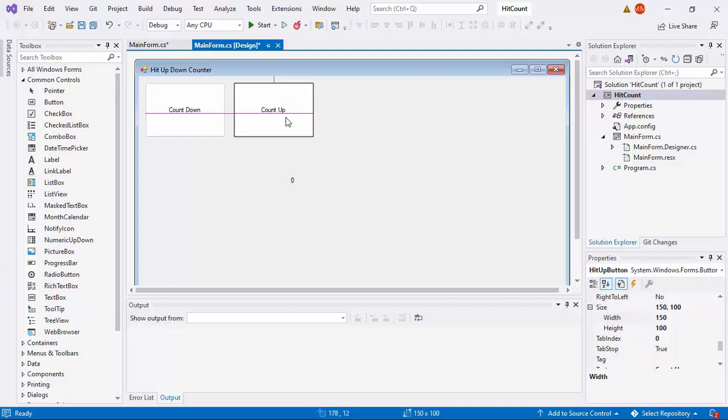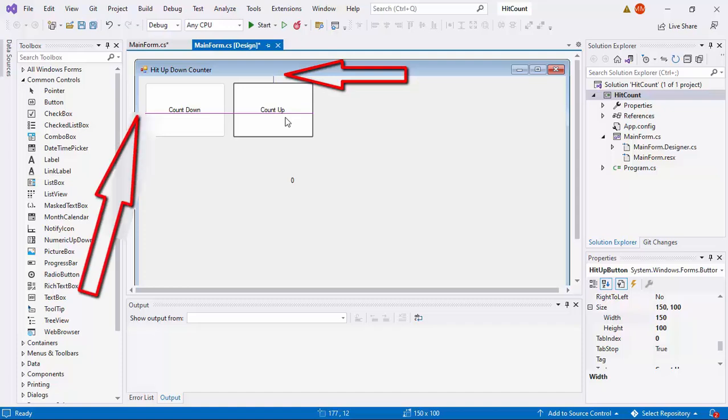Arrange it. Okay, as you can see, Visual Studio Designer has auto snap that can sort of guide you for the proper alignment of your widget.